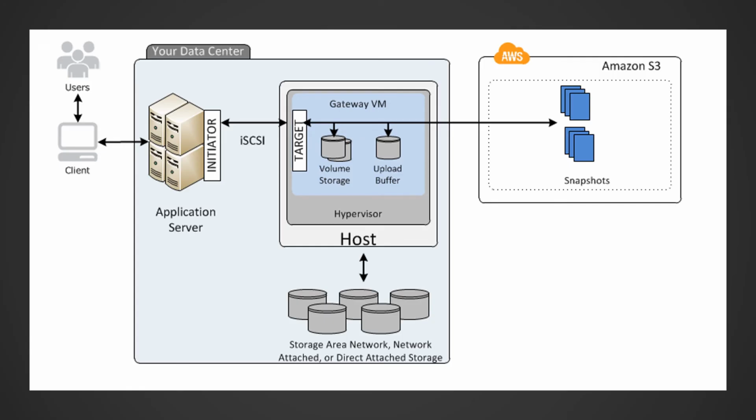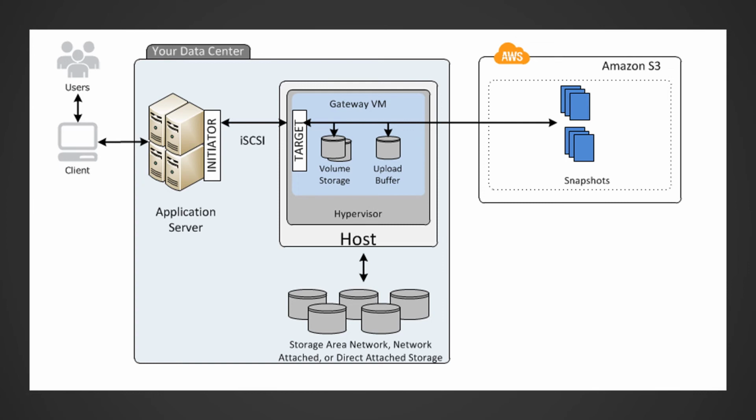So after you install the AWS Storage Gateway software appliance on a host in your data center and activate it, you can create gateway storage volumes. You then map them to on-premise direct attached storage, that is DAS, or storage area network, that is SAN disk. You can start with either new disk or disk already holding data. You can then mount these storage devices to your on-premise application servers as iSCSI devices.